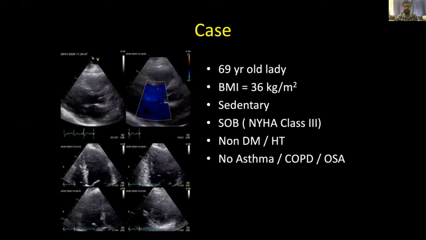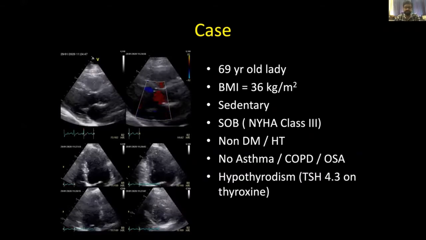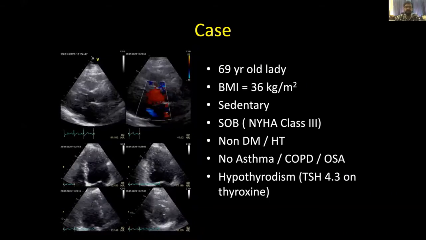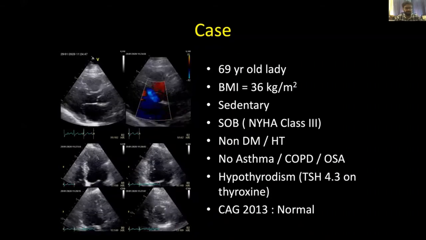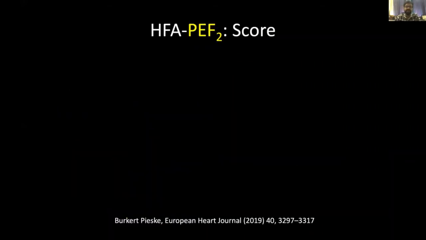There is no asthma, no COPD, and she has been diagnosed with hypothyroidism. So, hypothyroid on thyroxine and an obese patient, and the patient has NYHA class 2 symptoms. An angiogram done a couple of years back was normal. So we have this